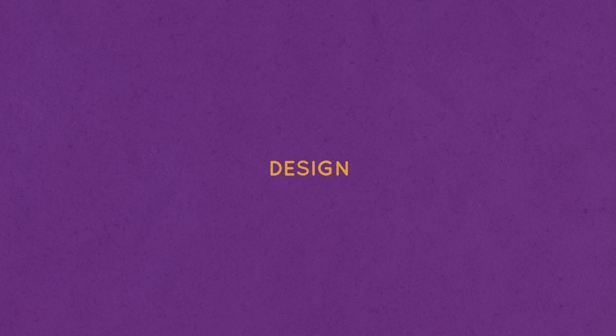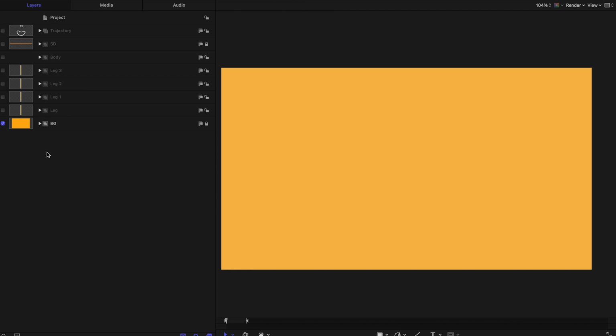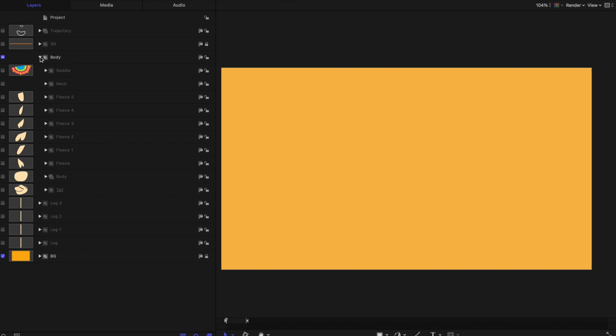Before animating, let's see what we need to design to create this llama run cycle animation. We'll need to draw two trajectories or motion paths. These trajectories will be used to animate the legs later. For the llama design, we'll need a llama body group. Inside the llama body group, we have a neck group that contains a head and a neck,